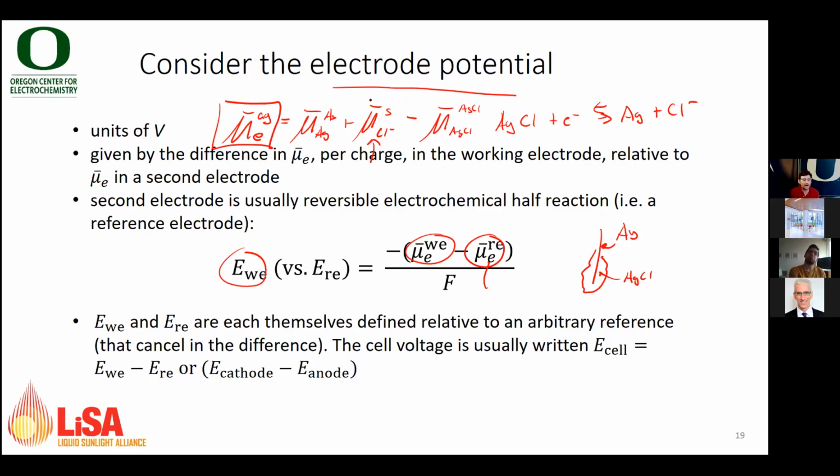We'll talk a lot about this, okay? And the fact that the reference electrode potentials can all be defined relative to any arbitrary reference, say a standard reference potential table relative to, say, the hydrogen electrode. I can cancel out that reference mu bar in the difference between any two systems. So okay, I will